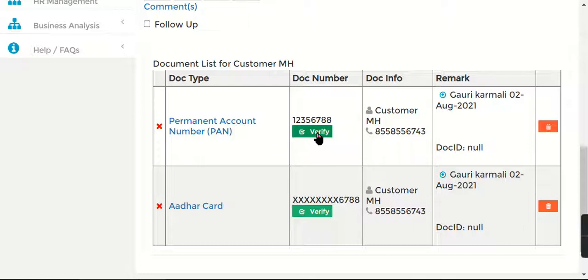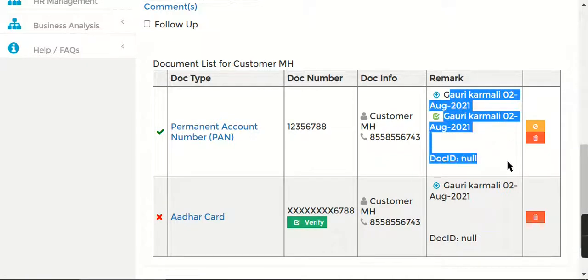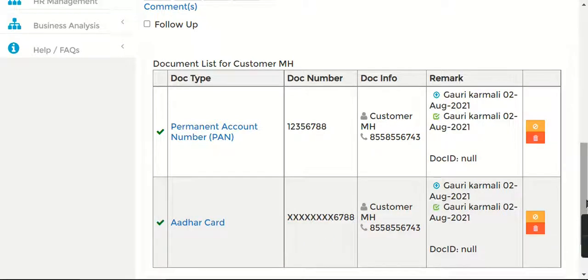This is the verify button, where you can verify it automatically in one click. It connects to the UIDAI website, where it checks and tells us if the PAN card is active and if it's valid or not valid. Right now I don't have the third party service with me. So if it verifies, then it gives a check mark here. If it doesn't verify, in this remark column it will give you the error why it has not verified. Similarly with Aadhaar card as well.